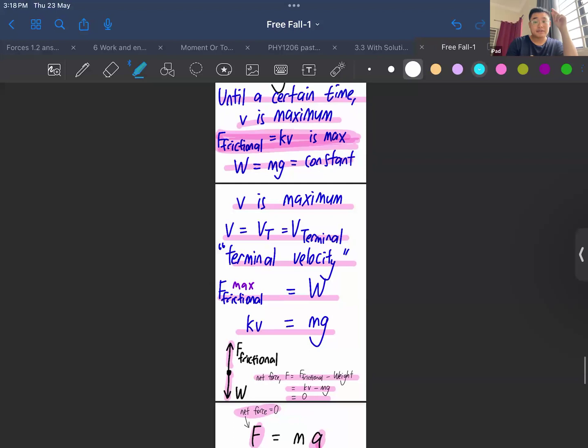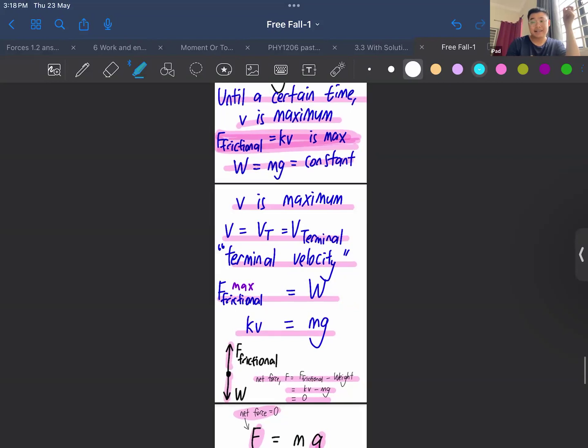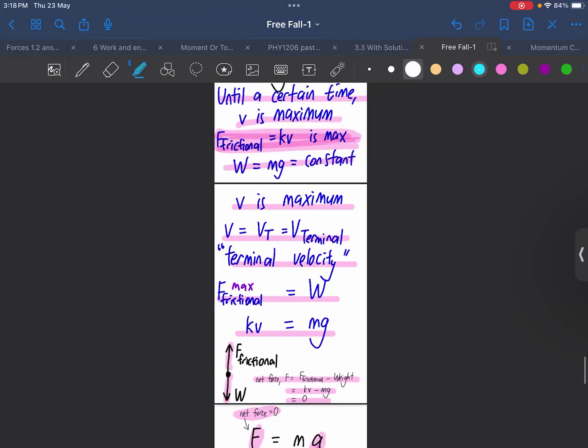And when your frictional force is a maximum, actually, the frictional force has the same value as your weight. I repeat. When your frictional force is maximum, it should have the same magnitude as your weight. So that's why they finally cancel each other. Are you okay? So at the pink color there, your net force will be equal to